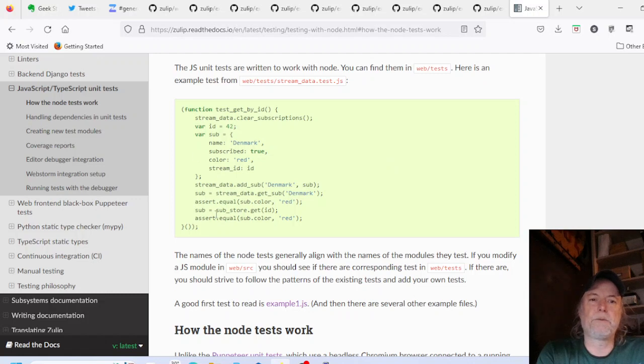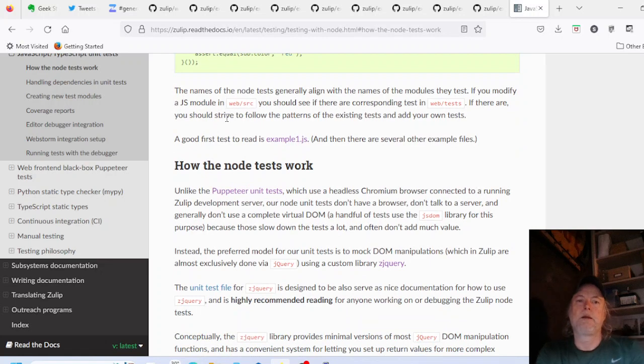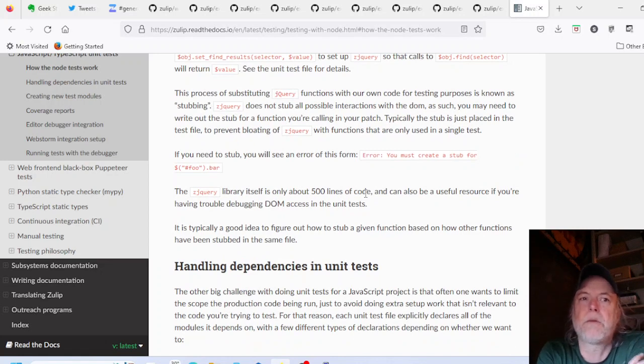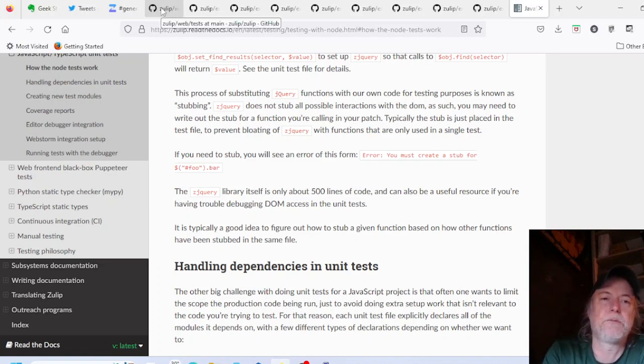So this is an example test where we really just use a data structure and make sure that the data structure is doing the same thing. But you can read the rest of this documentation and I think it'll give you a good orientation. But what I really recommend to people, especially if you're the type of person that learns by pattern matching, which I think applies to most people,